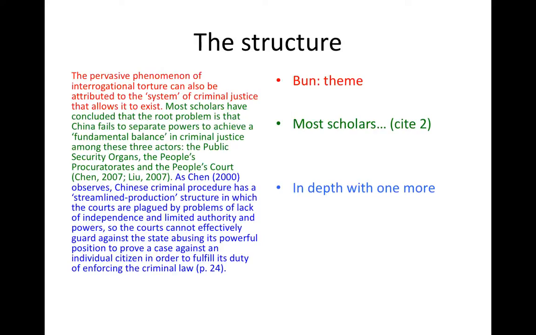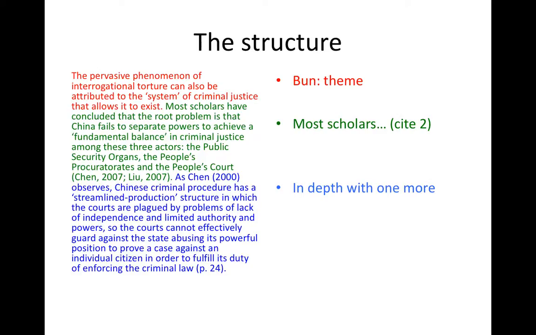Let me go back to the paragraph here. It's the sentence in green, right? Notice how at the end of that sentence we have two. We haven't mentioned any authors' names in the paragraph, and so we have no signal phrases, right? And so at the end of the sentence, what we do is we dump the citation there in the end